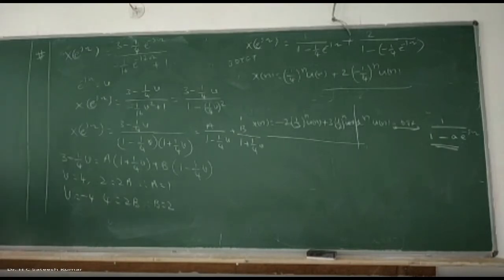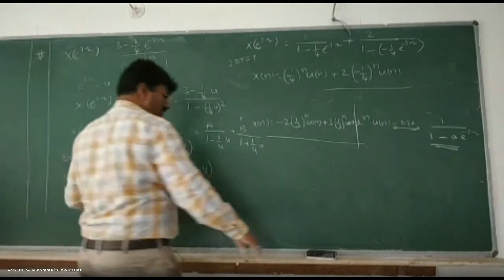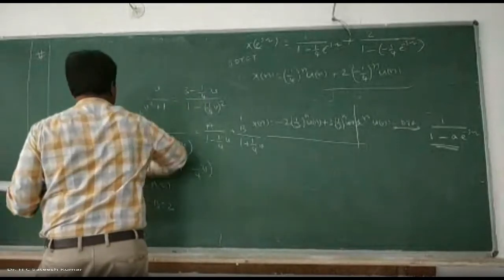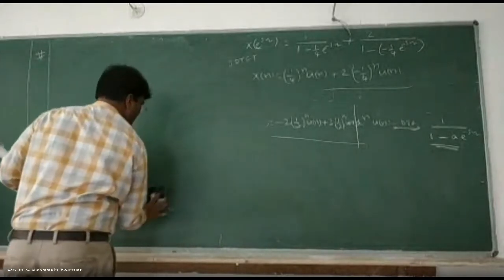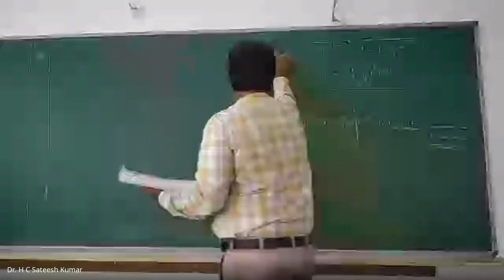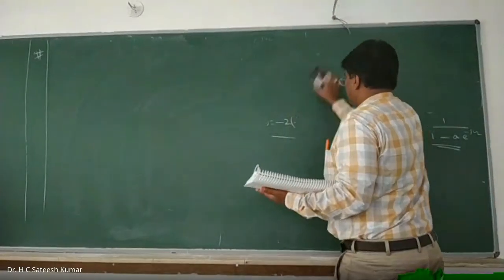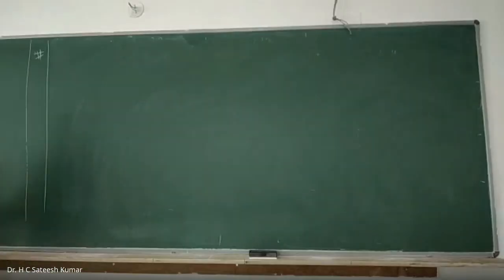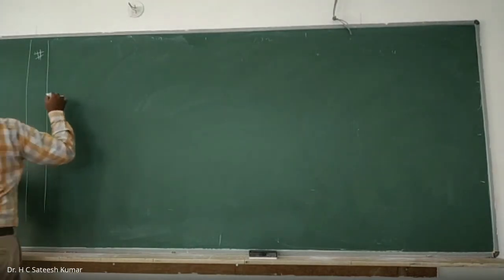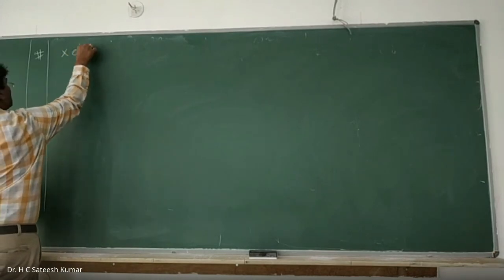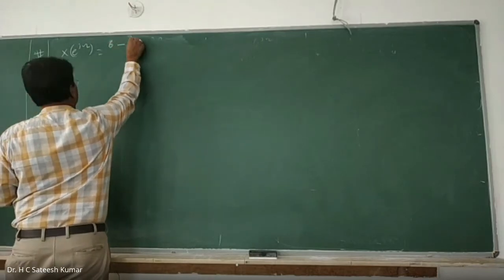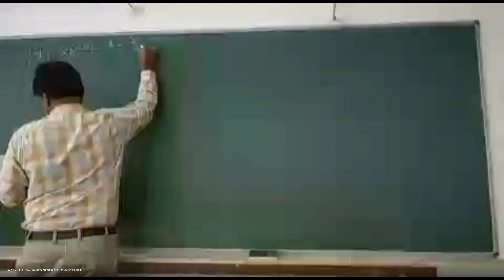Okay, right. One more problem is there of the same kind. That will be the last problem of this kind. Find the inverse DTFT of... This was asked for 4 marks. All of them are examination problems only. X of e to the power of j omega is equal to 6 minus 2 by 3 e to the power of minus j omega